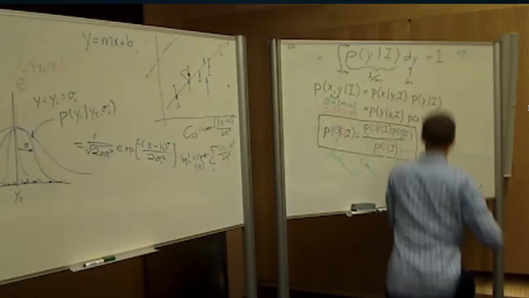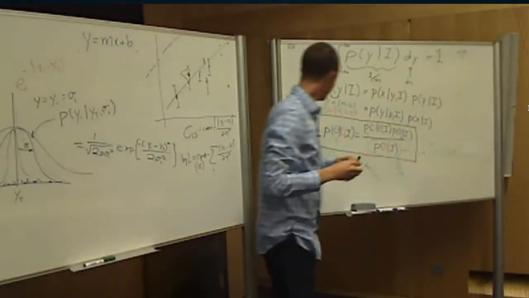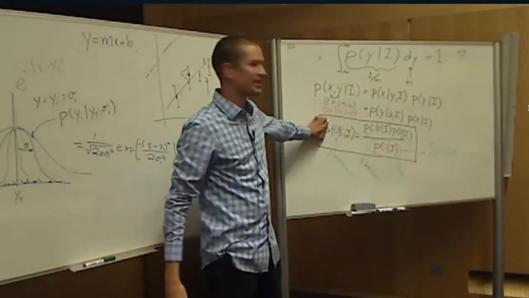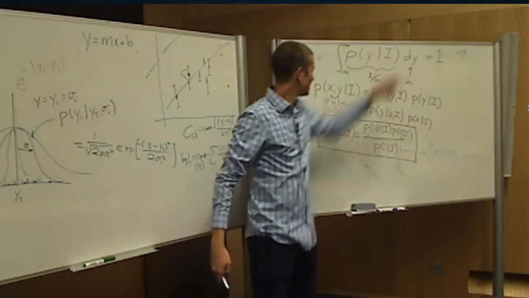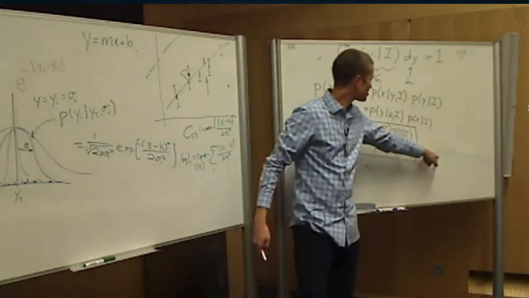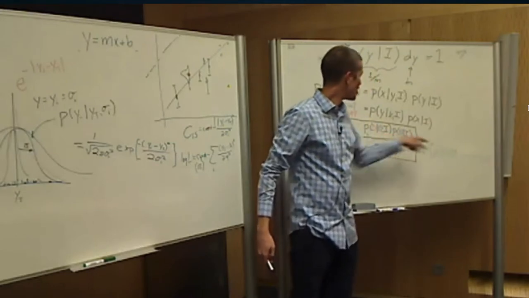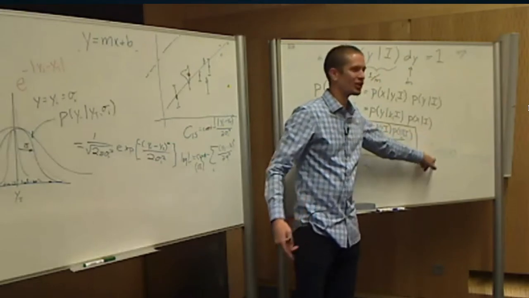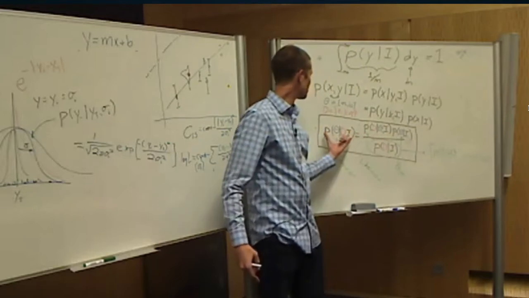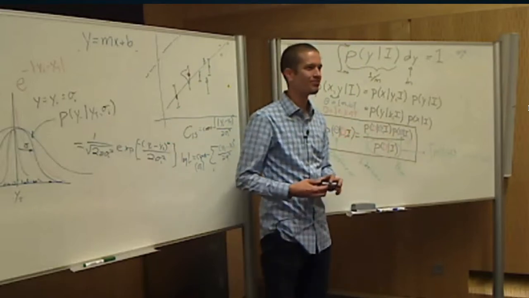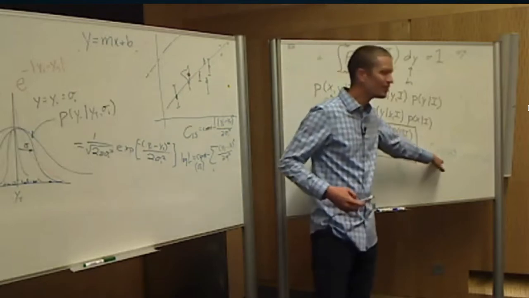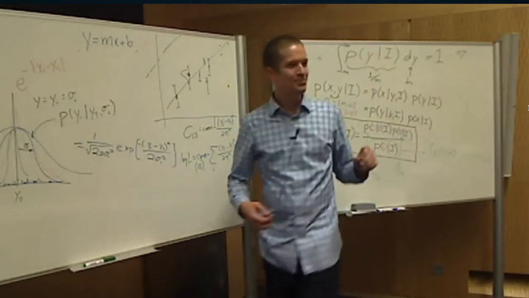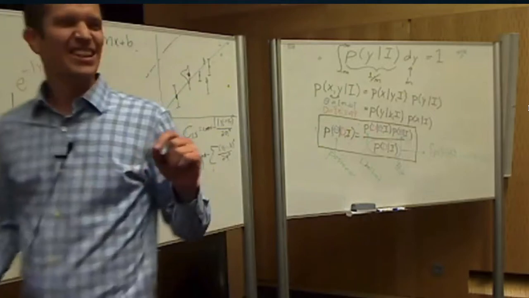So essentially, because this probability needs to be normalized, you need to be able to integrate this over theta and get 1. This denominator is just an integral that allows this to be equal to 1. It's a normalization factor. And there are situations where you need to compute the value of this, but like 95%